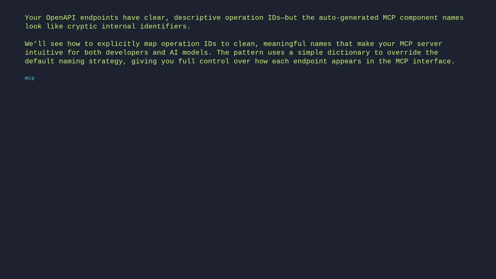mcp = FastMCP.from_openapi(openapi_spec=spec, client=client, mcp_names={"list users with pagination": "user_list", "create user admin required": "create_user", "get user details admin required": "user_detail"})